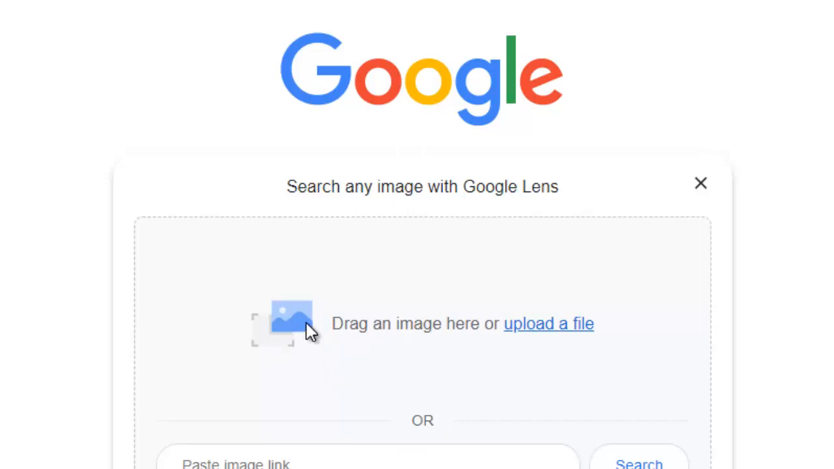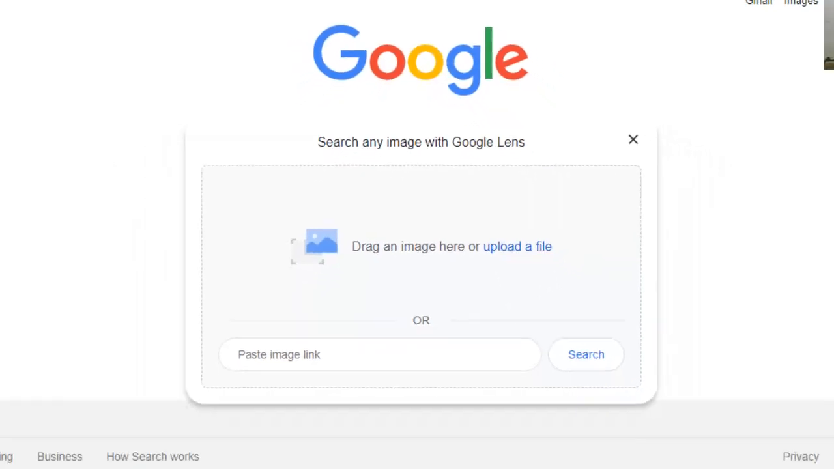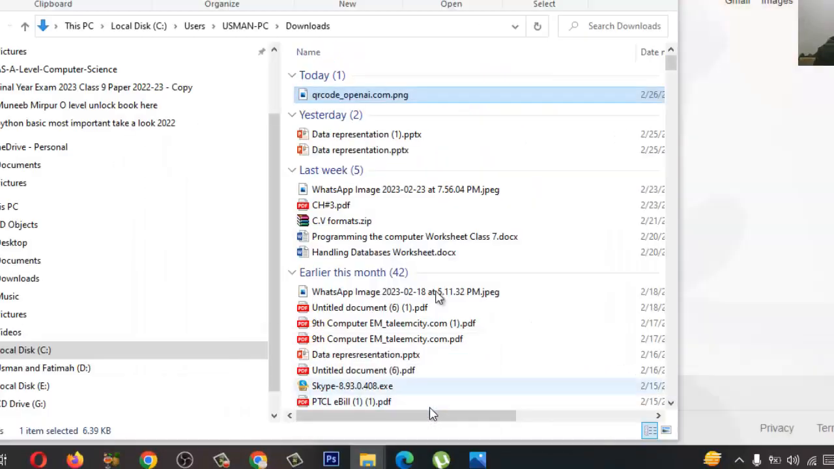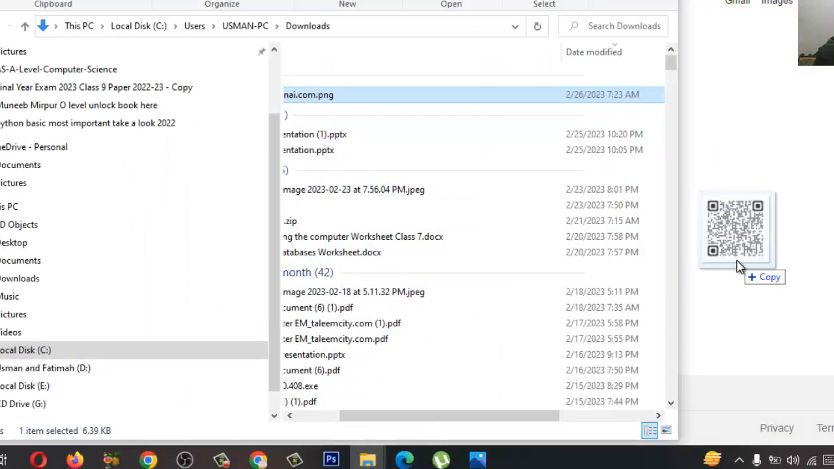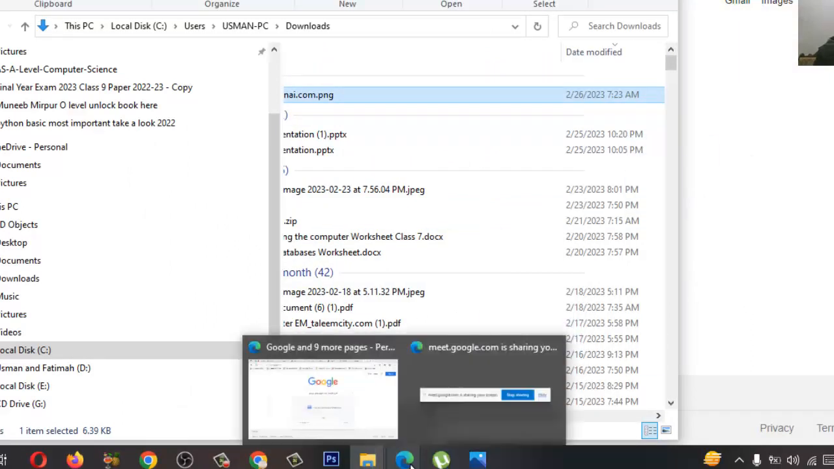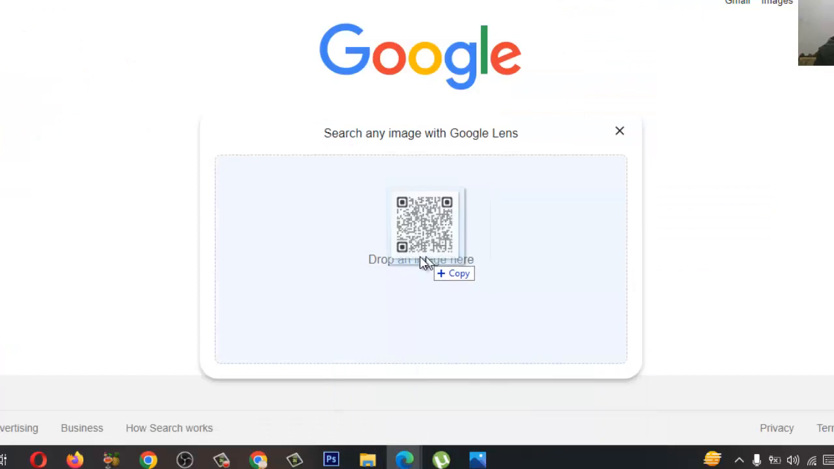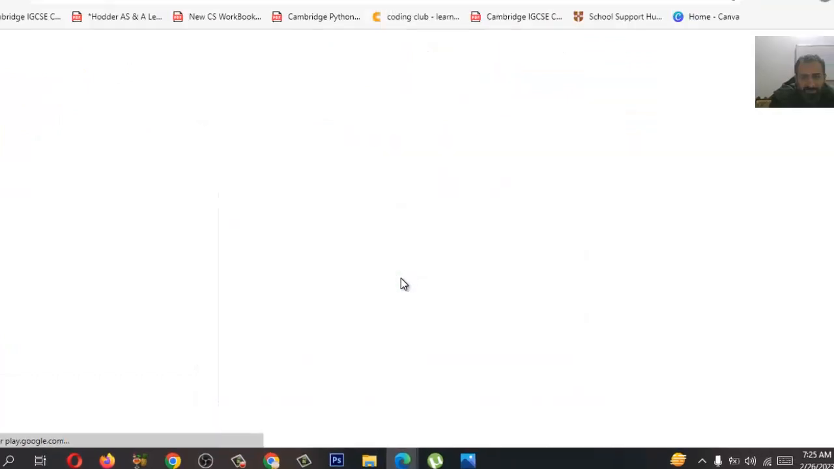And after that you can scan it, drag and drop, or upload a file. So I'm going to drag and drop this barcode over here, but you can scan it with the help of your mobile phone by clicking on this one. Look, I'm going to drag and drop it over here,